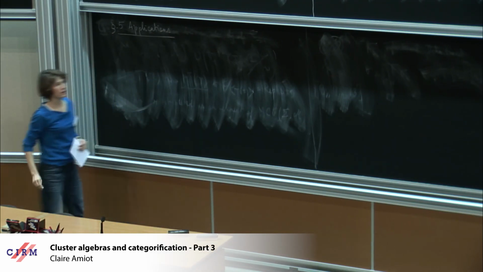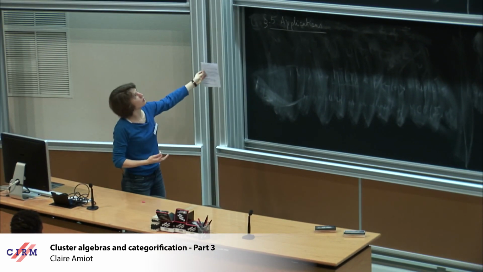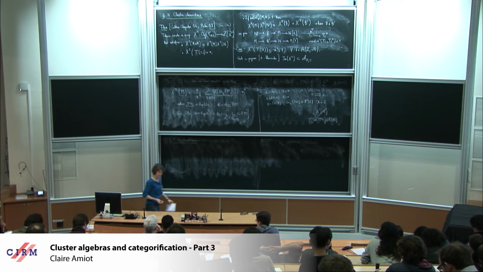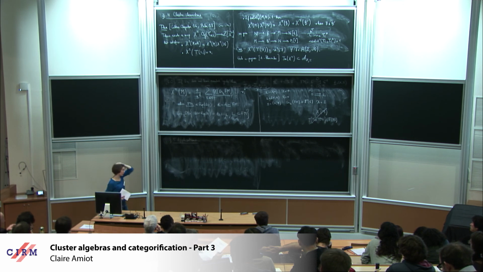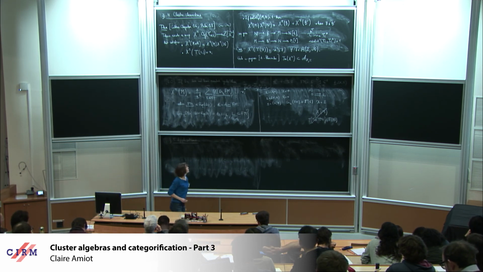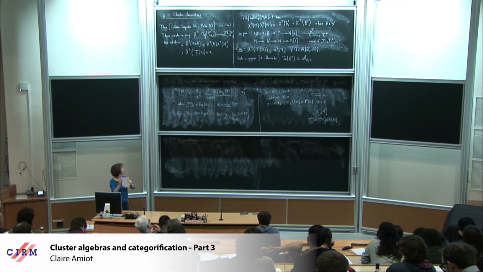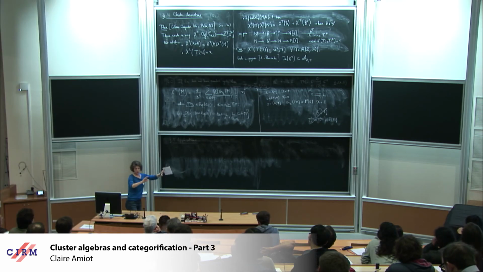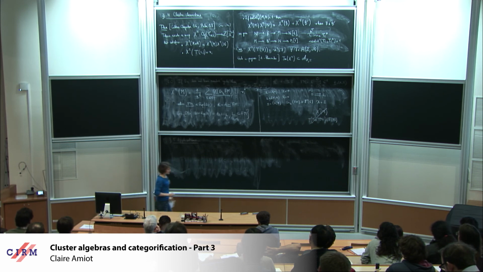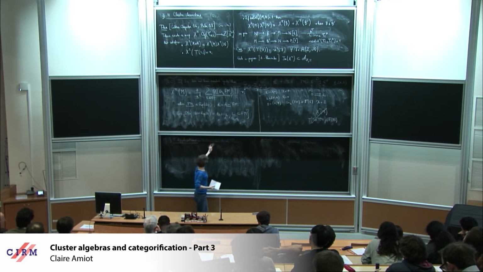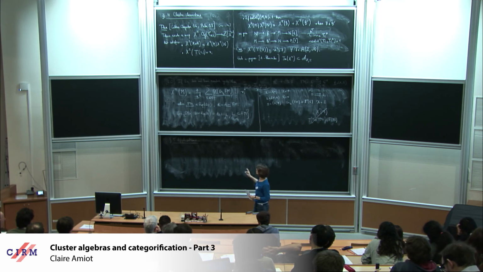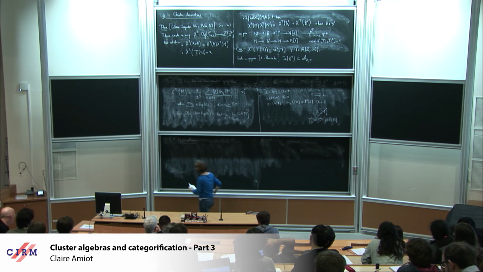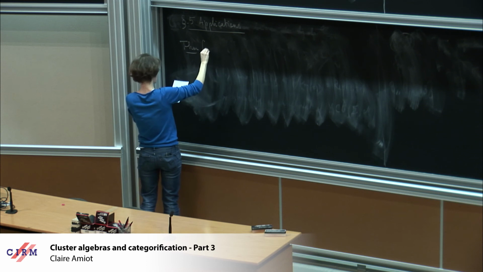So, applications of this categorification. As you see, there is no precise way to say there is a categorification. I couldn't give a precise definition of the categorification of a cluster algebra, but still, we have the categorical side and the algebra or combinatorics of flips side, and some relation between these two. Usually, categorification is more a tool to better understand the combinatorial topological side. And actually, there are some purely cluster algebra results where the proof uses this category. For instance, there is the theorem due to Cerulli,